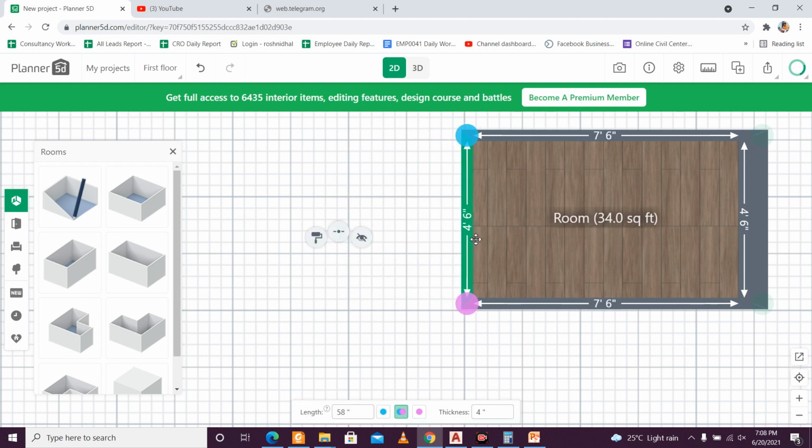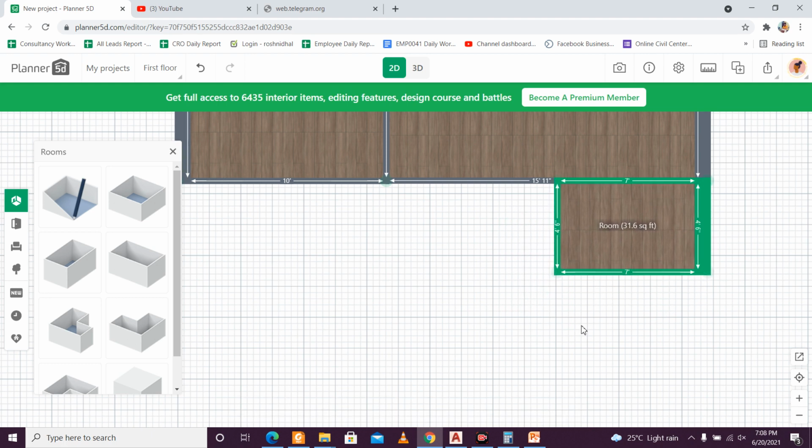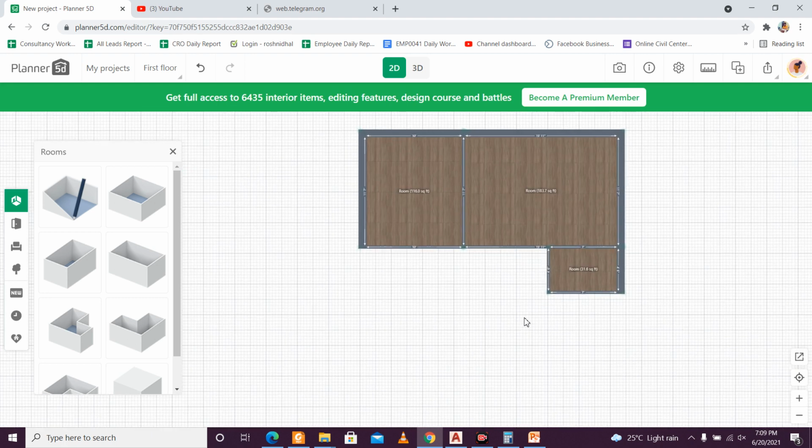So I'll just do this exactly 7 feet, double click on this and join it here. So this is exactly my toilet here.